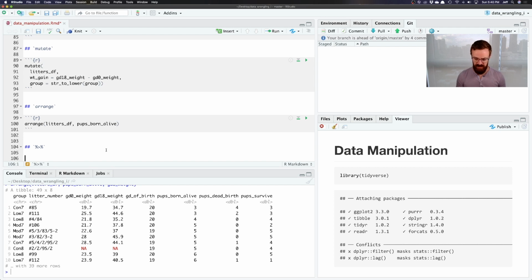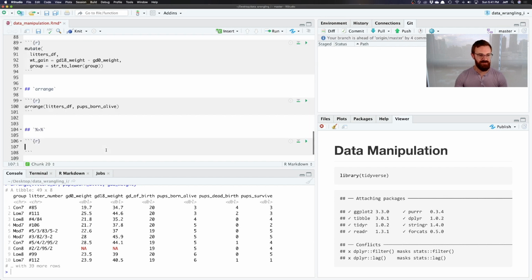Okay, and each of those steps I think is important. Each of those steps is very natural in the context of a data processing pipeline, but I want to first show how not to do this, and then I'm going to show how this might actually work. So again, I'm going to insert a code chunk, and let's just, for the sake of argument, say